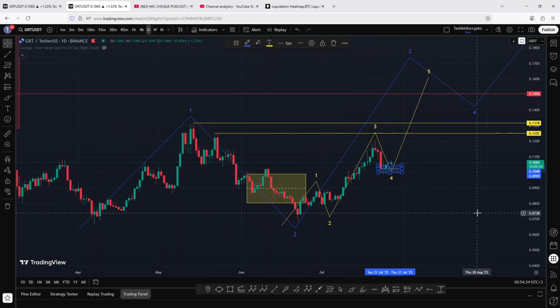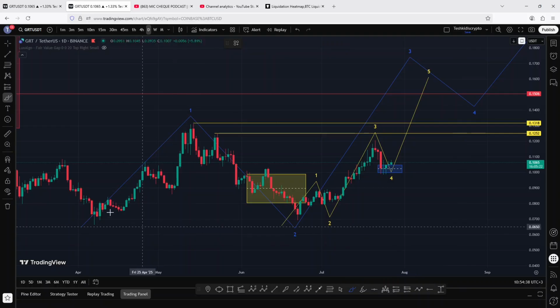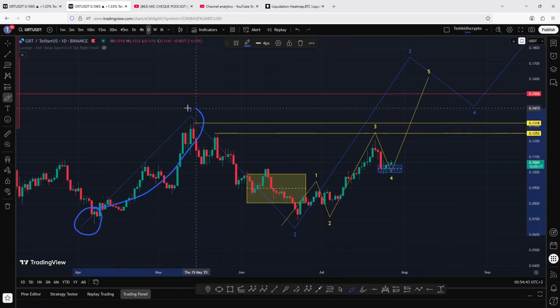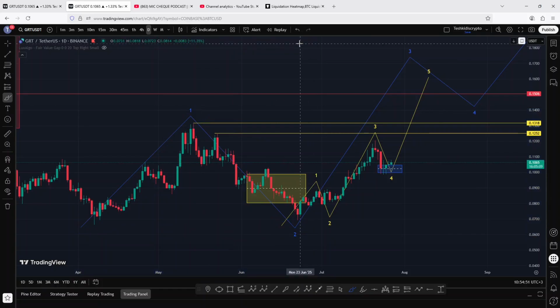And starting the video on the daily chart, I still maintain that from the lows we made on the 7th of April, we picked impulsively in the formation of that first wave. Then we saw a corrective pullback in the formation of that second wave that fully maximized the minimum target areas, an area that gave us a reaction to the upside in what I now believe is the start of an